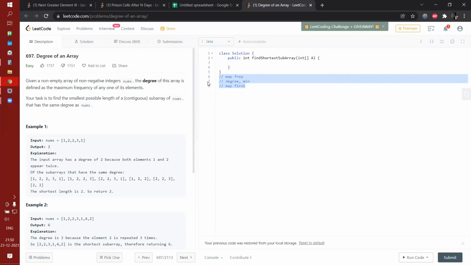We can do it with the first index only. But why? Because for the subarray, we'll need the last index. Correct, that's why. We only need to return the length of that subarray, so instead of storing the end index, we are using the minimum pointer.